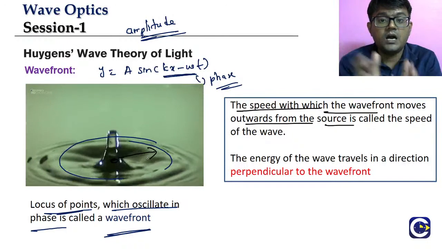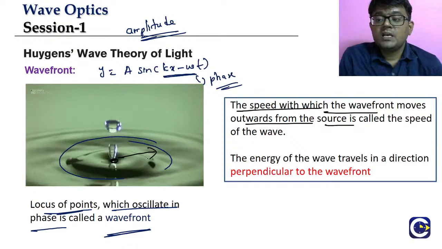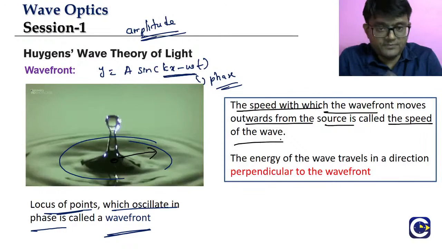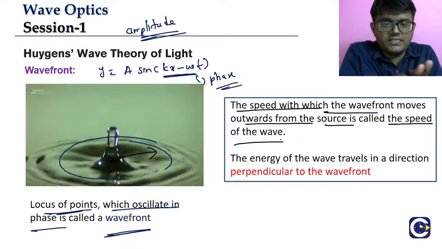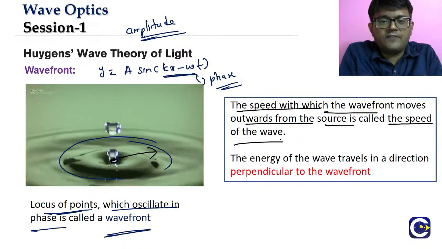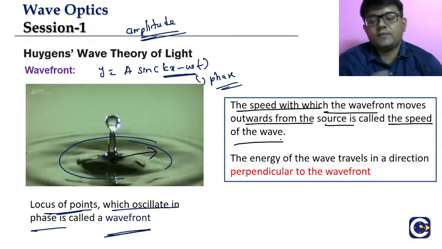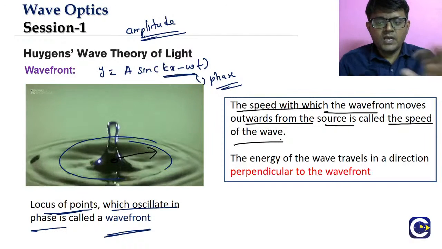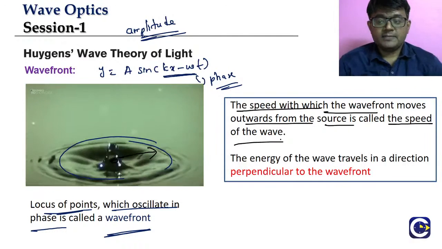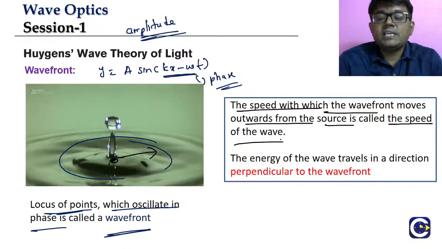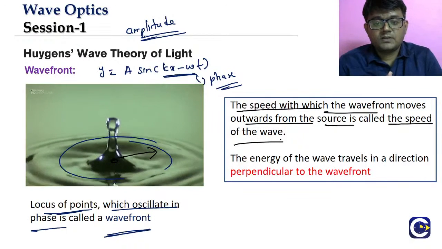The speed with which the wavefront moves away from the source is nothing but the speed of the wave. Not only that, if you want to understand in what direction the energy is propagating,